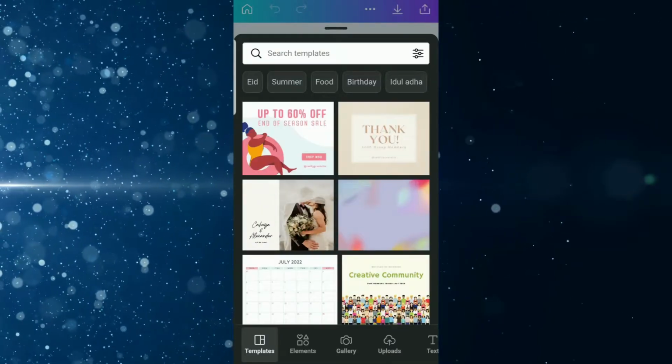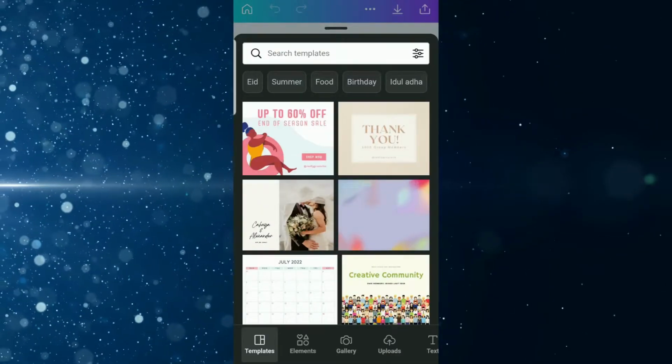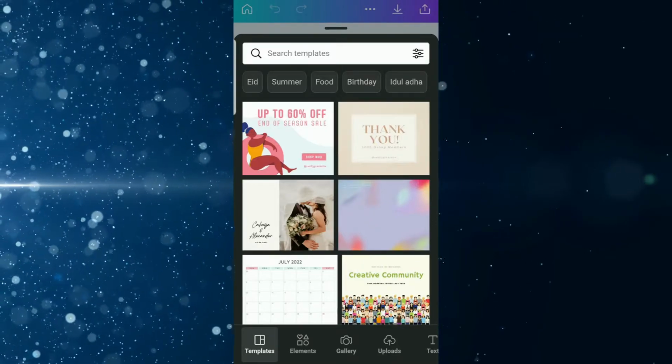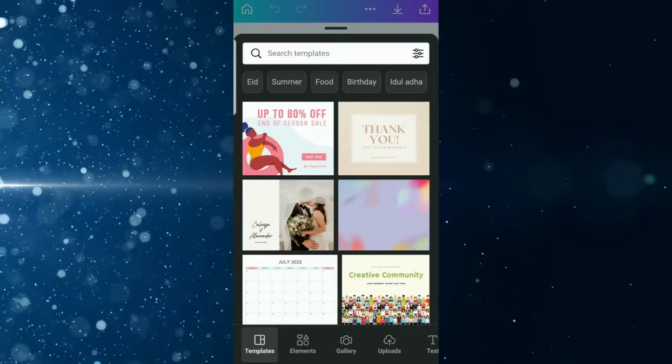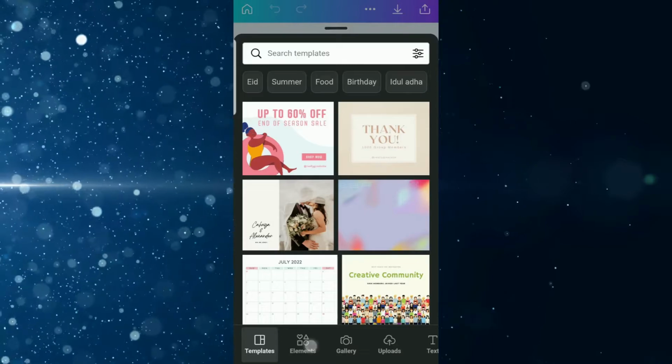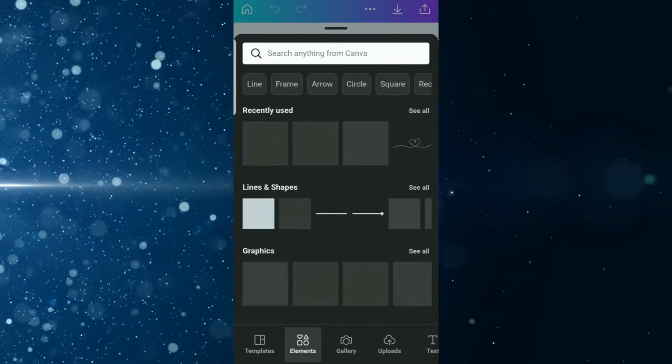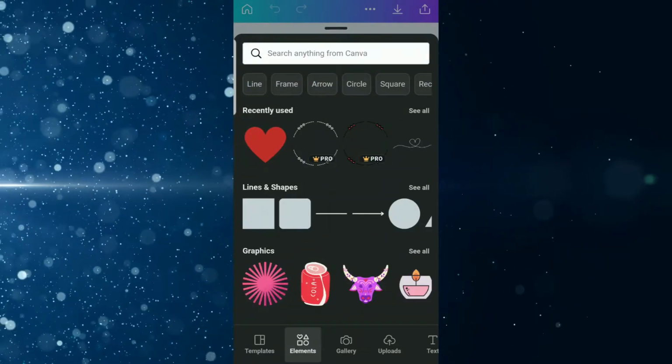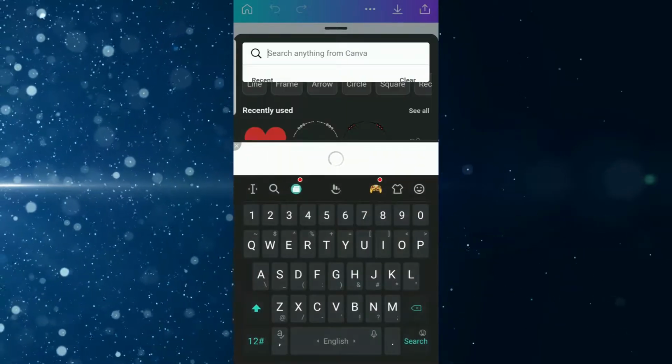Okay, so now that you have created your canvas, what we're going to do is select the Elements tab located at the bottom of your phone next to templates. We tap on that. And then the very first thing we're going to search for is the cat sitting upright. So you come to the search bar and you're going to type in cat